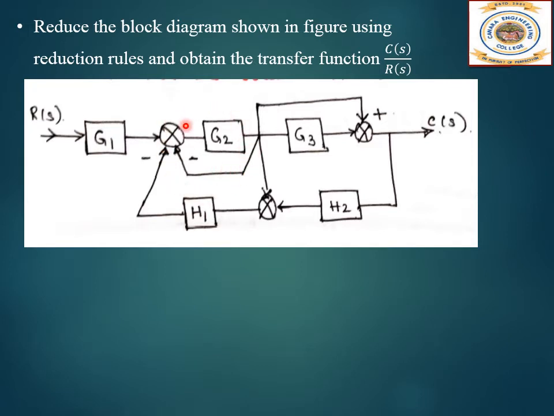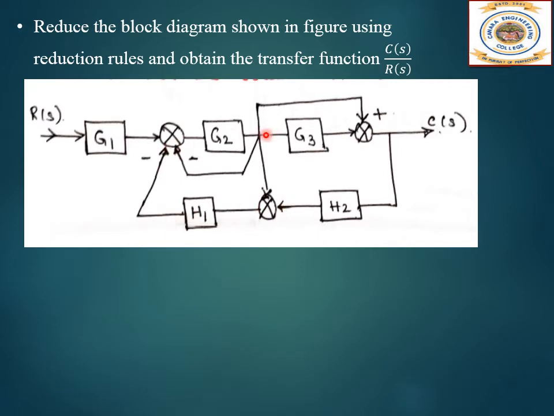You can simplify. Then again, I have told you in previous lectures also about the summation point, it's always better to have it in the direct path from input to output. So I can shift this ahead of H1 and club it with this summation point. So now we have to start from the takeoff point. Check from here, the signal comes here, it goes through H2, then this summation point, then it goes here through H1 and then it goes here. So this feedback path will have H2 and H1, and there is no sign, which means it is positive, so then it will be negative here.